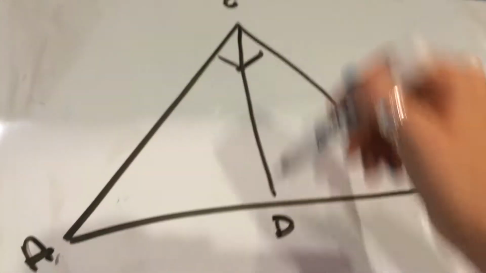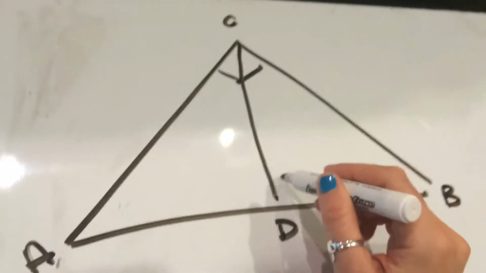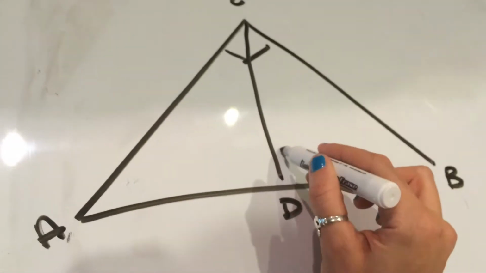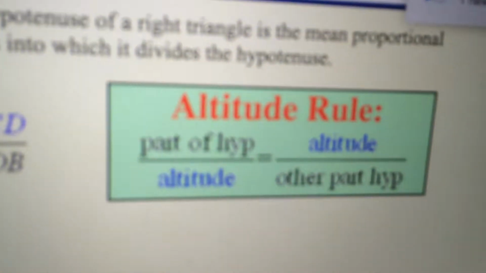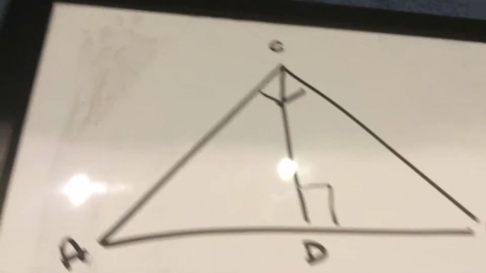Now remember, CD is my altitude in this triangle. We're going to pretend these are all right angles. And X. Now, the first one is the altitude rule. The altitude rule basically says if they're asking us to solve for